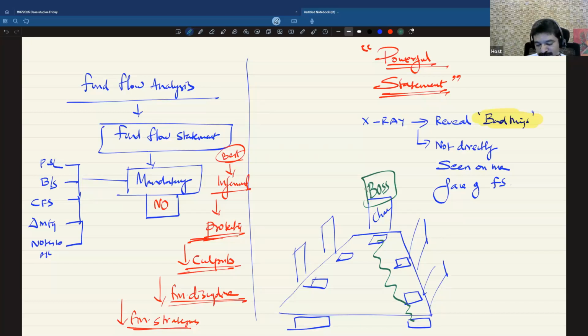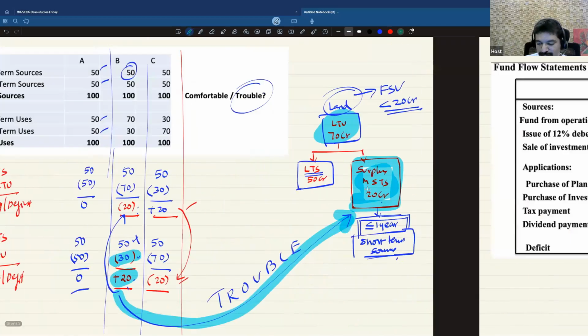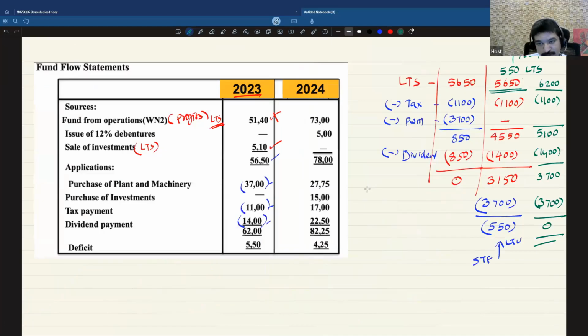And they did that. So here, all these things could have been done, and your sanctioning authorities could question this if they are really knowledgeable. They will question you from this angle: why did they do it like this, why didn't they do it like that, because you are expected to analyze and ask these questions of the borrowers also. Either they could have restricted their dividend, which they didn't do, or they could have raised additional money in the form of debt or equity. They didn't do that. And because of all these reasons, they committed the sin of diverting short-term funds for long-term use. This is what happened in 2023.